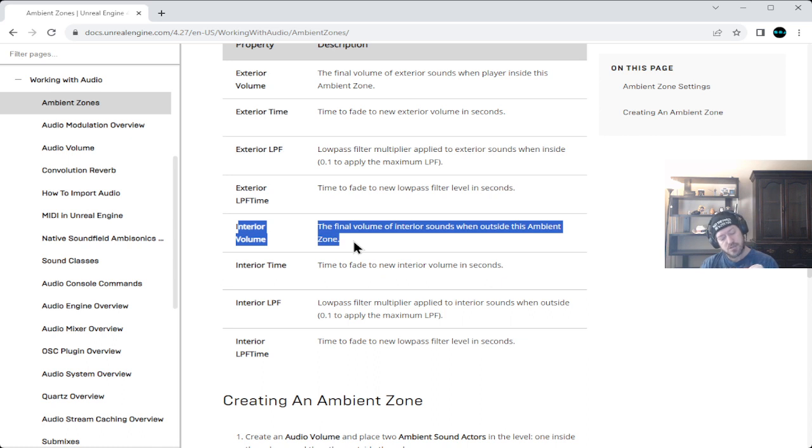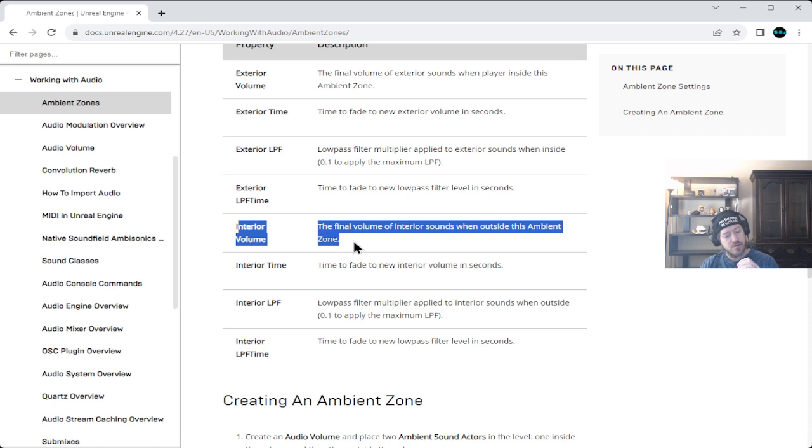But once you exit said blacksmith, you have that volume of the blacksmith there, the interior volume being reduced, so you're still hearing the blacksmith, right?